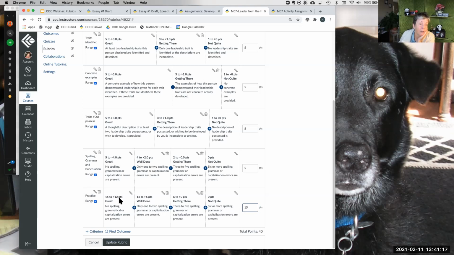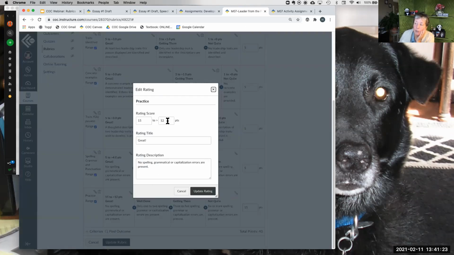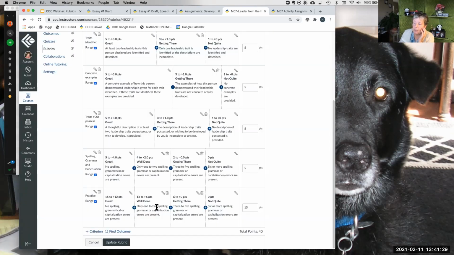But let's say I only want it 5 to 13, or I want it 5 to 10 or whatever. I can go into the edit, and up here, I can adjust whatever the range is going to be. And you can do that for each specific item within that category. Does that answer what you were looking for, because you didn't like the range they set up? Right. It'll give you a default range, but you don't have to stay with that default range if you want to do it some other way.